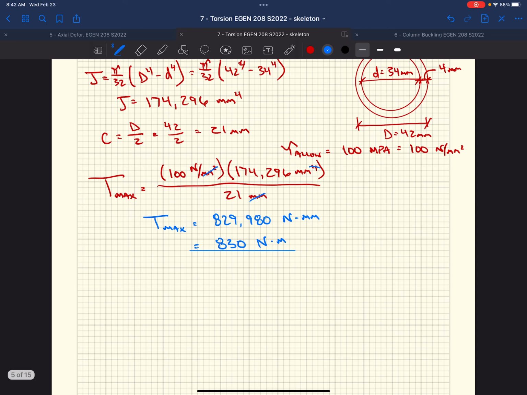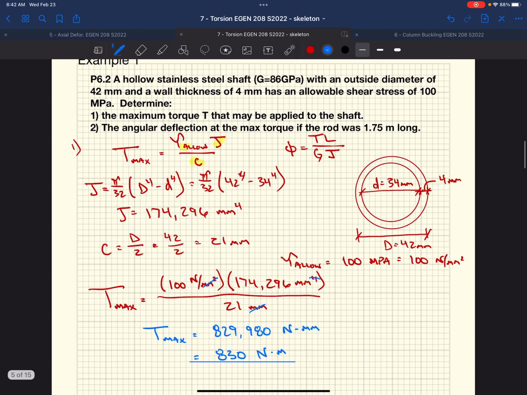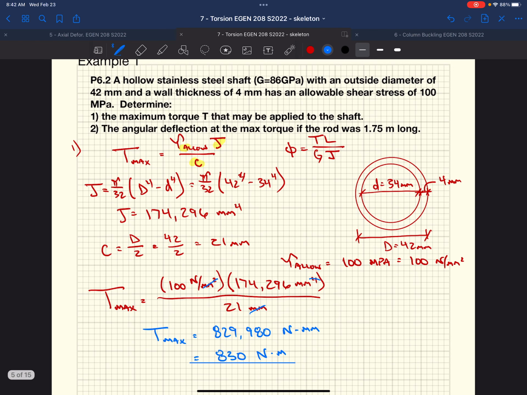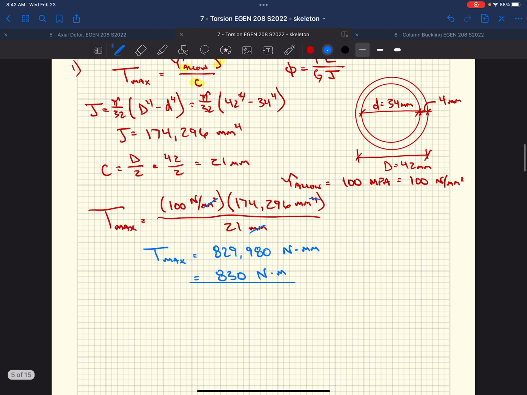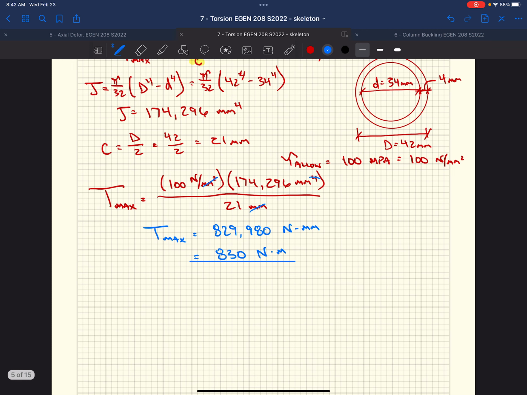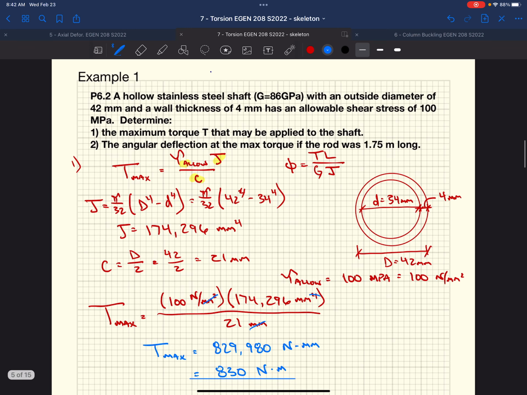So that's the maximum torque we could apply to a stainless steel shaft with an allowable shear stress of 100 megapascals and a diameter of 42 millimeters, or almost 2 inches. Not very big. The second question they asked was, what is the angular deflection at the max torque